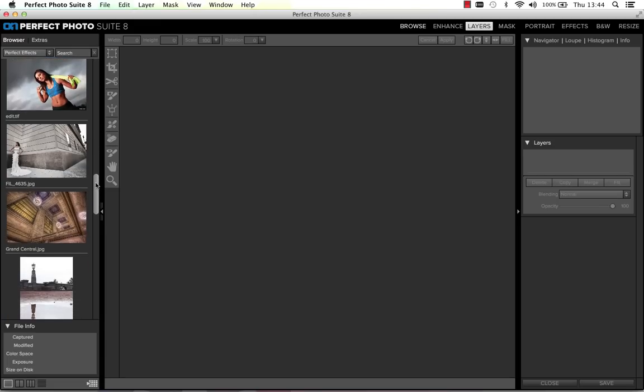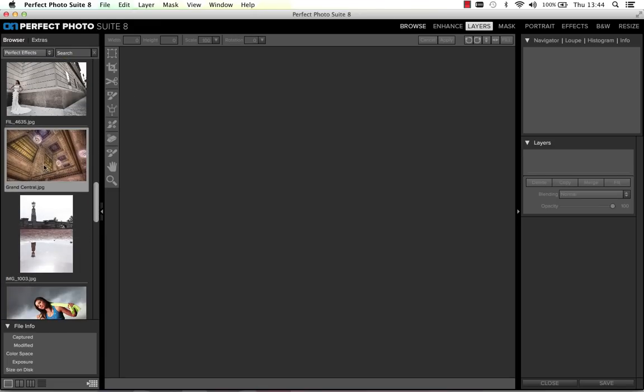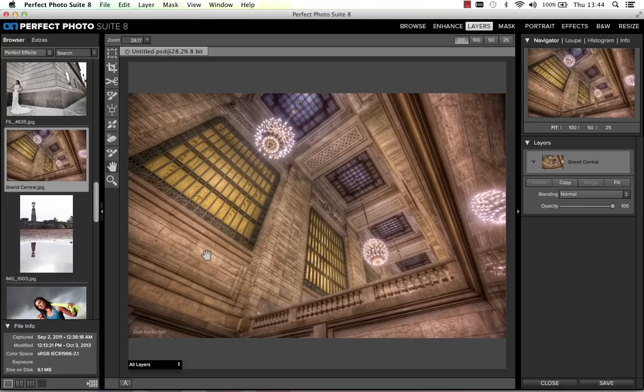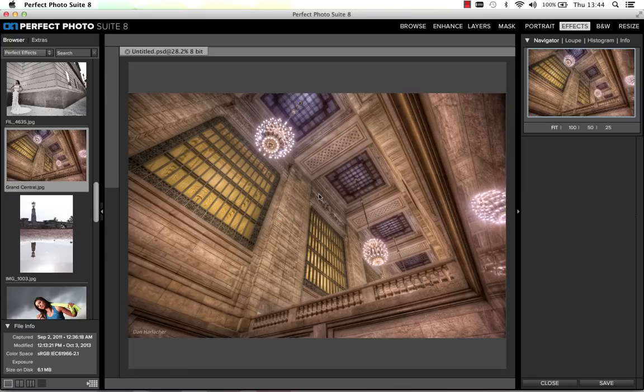Okay, anyway, what we're going to do, we're going to go down, we're going to select this image of Grand Central Station in New York. Okay, so we've got Grand Central here. Interesting image anyway. What we're going to do is edit it, because I want to show you some of the coolest new features for me. If we go into Perfect Effects,